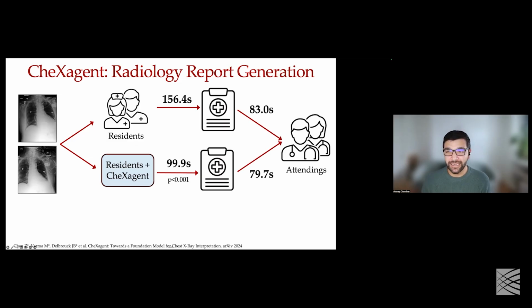We saw that it takes roughly the same amount of time for the attendings to edit and modify both sets of reports. What this basically allowed us to glean was that the reports drafted with CheXagent assistance don't necessarily have more mistakes or require more edits. It takes the attendings the same amount of time. So this workflow was really nice to show that a lot of these models can actually improve the efficiency of the diagnostic process. But efficiency is just one side of the coin that we care about. We also want to ensure accuracy.